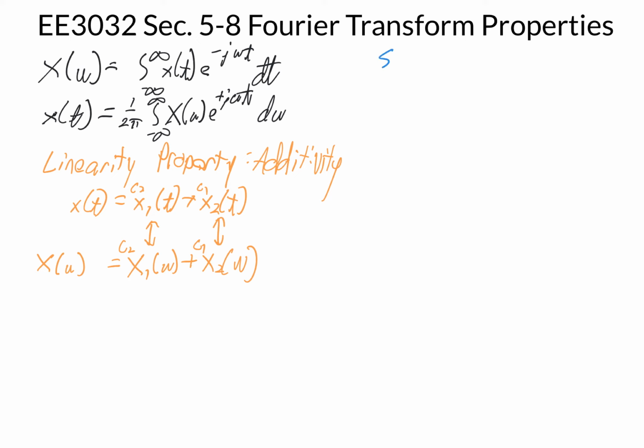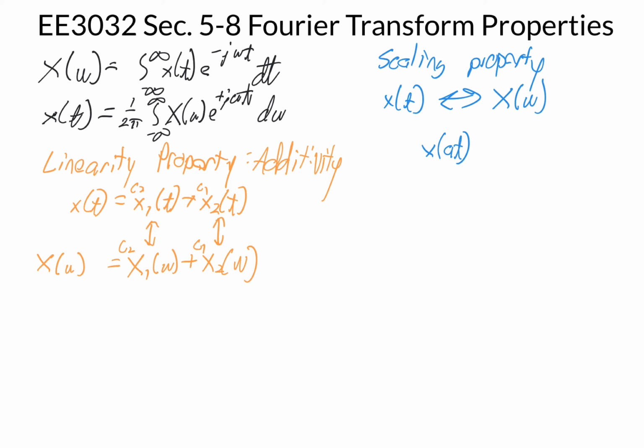This one will be the scaling property, and we're talking about time scaling. Let's start with a signal x of t that is in a pair with Fourier transform X of omega. So we can do the forward transform to get X of omega, and we can do the inverse transform to get from X of omega back to x of t. Now, let's ask what happens if I take the signal and scale its time variable. Then I take the Fourier transform of that,